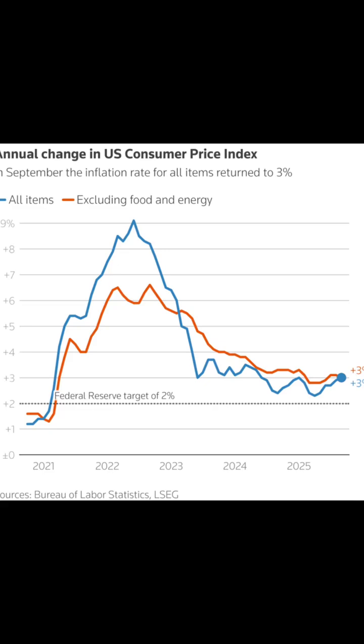The next topic I'm going to talk about is the inflation rate. So inflation refers to the rate at which levels of prices for goods and services are rising. So a moderate rate of inflation just means it's healthy for the economy, and it can encourage spending and investment, but not necessarily.